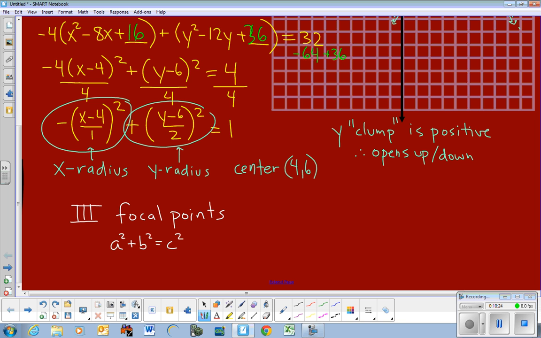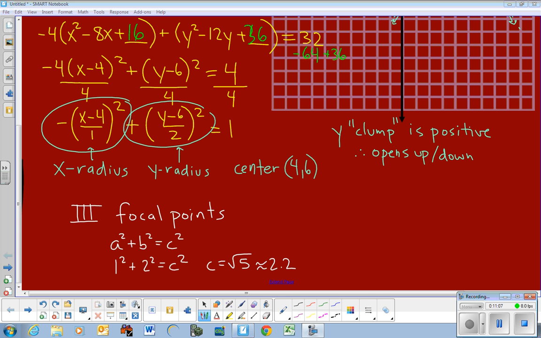All right, and this has nothing to do with right triangles. So when I say Pythagorean theorem, I'm not saying we're dealing with right triangles. I'm just saying it looks just like that. And our a and b are our two radii. So 1 squared plus 2 squared equals c squared. And since 1 squared plus 2 squared is 5, c is the square root of 5. All right, so the square root of 5 is about 2 point something. Let's just call it 2.2,